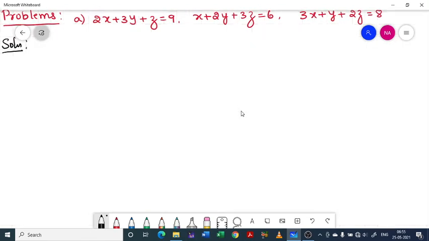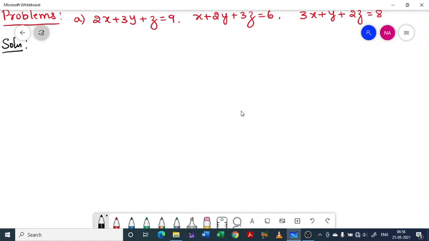Problems. So here the system of equations is given. You will be given three equations in three unknowns. There is no doubt about it. Definitely no equation having four unknowns will be given, or no system of four equations will be given. Don't worry about it. Only 3 cross 3 will be given.